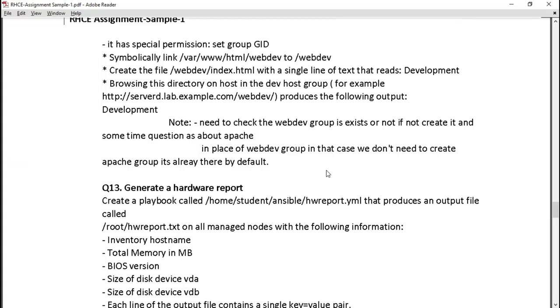The thing is, Apache HTTP is the default package of Red Hat. Nginx, Tomcat need an additional repository, additional package, right? So the idea is you should know how to do the things. That's why the questions are based on the things which are already available in a DVD. Otherwise, they can ask you to go to the internet, download Nginx, download Tomcat, and all those things.